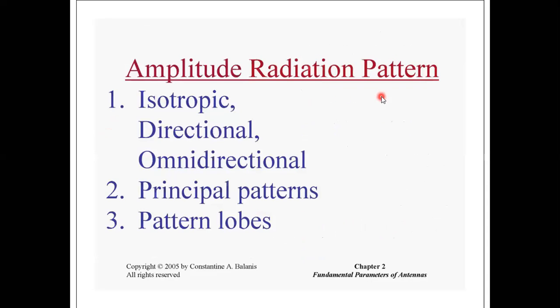Next, amplitude radiation patterns. They can be isotropic, directional and omnidirectional. An isotropic antenna is, for example, the sun. How does the sun radiate? It radiates in all directions. So generally there is no isotropic antenna, but we always consider